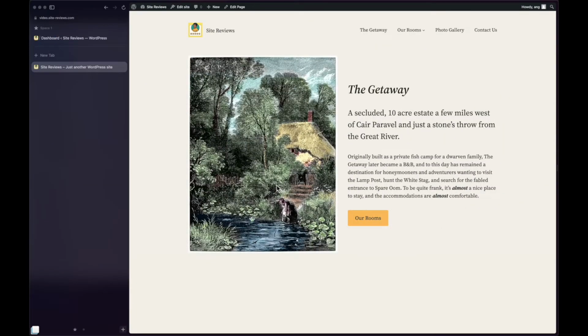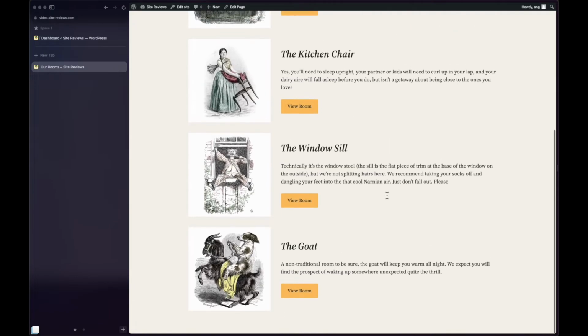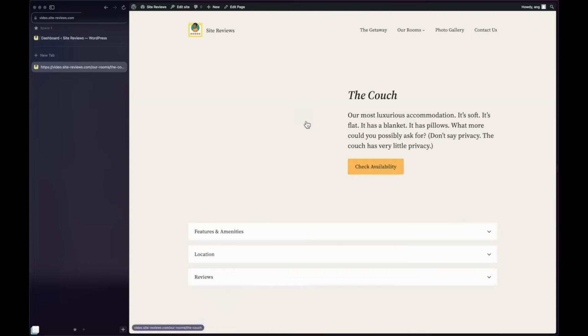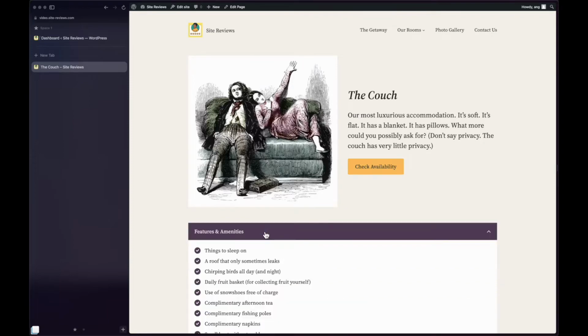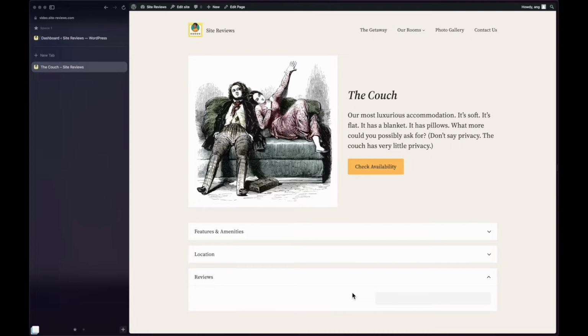Okay, so this is a screen recording demonstrating Site Reviews. This is a demo website that I created for the purpose of this video. It's a property website, and this is the page with all the different rooms of the property. When you click a room, you can see the features, the location, and this is where the reviews are